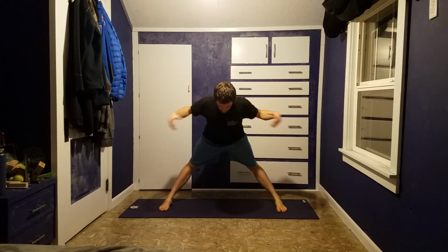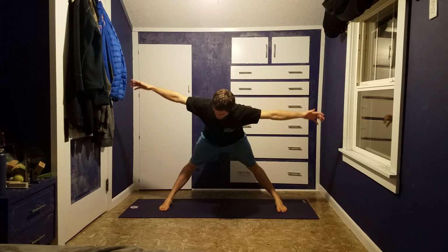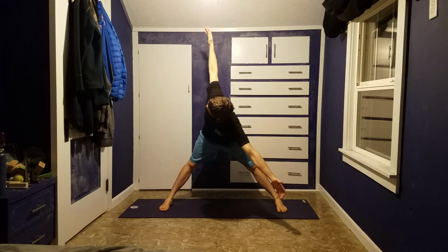And next up we're going to get into a spread foot stance, and we're doing hinge twisting. So twist the heels together, drive the hips back, hands wherever you feel that amount of tension that is challenging. And exhale. Twisting,